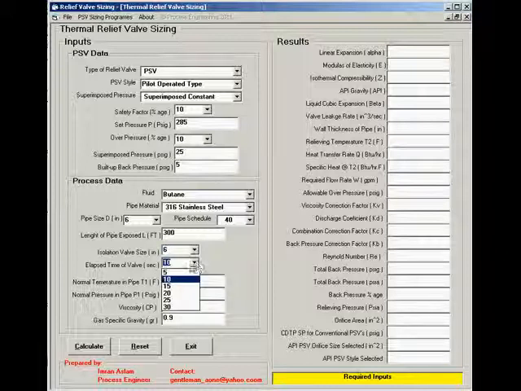Now the normal temperature in the pipe of the butane is, let's say, 25 degree Fahrenheit, and the normal pressure of butane in the pipe is, let's say, 5 pound. Now the viscosity of butane, which can be calculated from HYSYS or can be found from the literature. Let's say in this case the viscosity of the butane is 0.5 centipoise. Now the next is the specific gravity of butane, which is 0.5. Now if I press the calculate button,